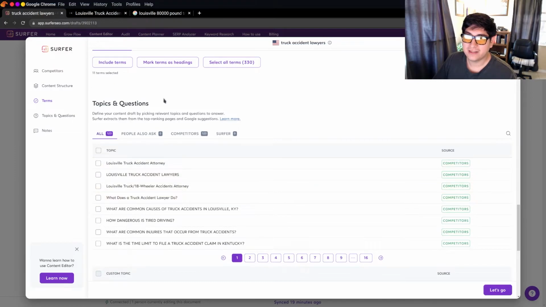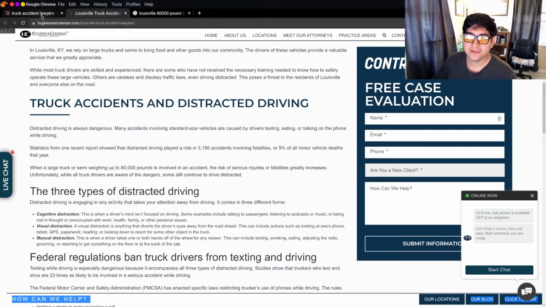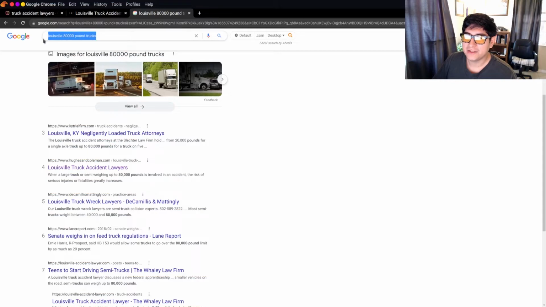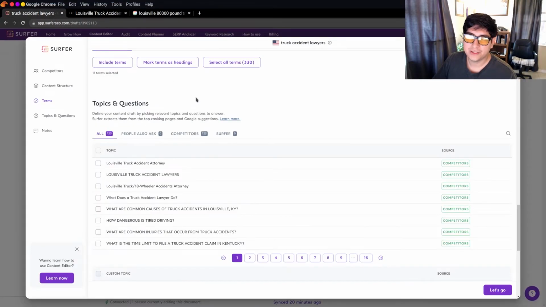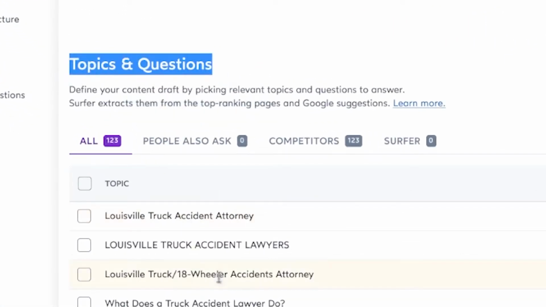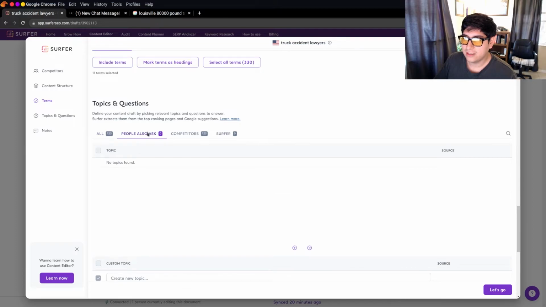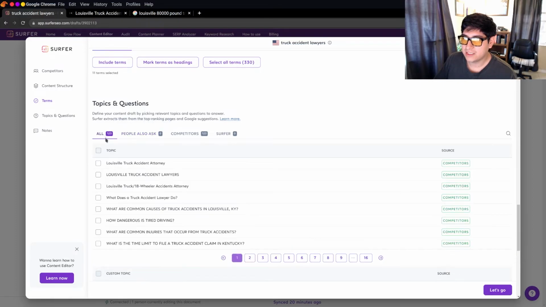But you can tell that there's a big difference between actually looking at the pages and not. Even taking the moment to maybe research something that came up that you're not too familiar with, just to make sure that you're, again, putting together the proper page. So let's go down here under the topics. This is where it can pull the headings if they're doing the FAQ sections. It doesn't always put them in as questions here, but